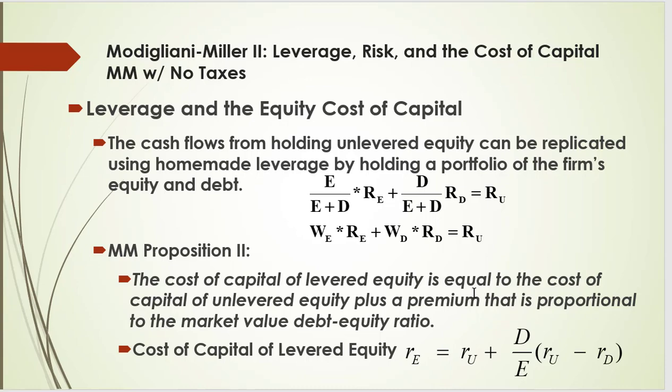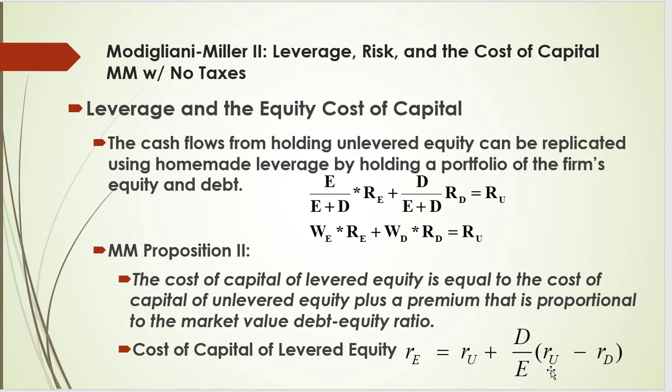So the cost of capital of a levered equity company equals the cost of capital of the unlevered company plus a premium. We do a little algebra here: R sub E, the cost of levered equity, equals R sub U, the cost of an unlevered firm, plus the proportion D over E, the debt equity ratio,